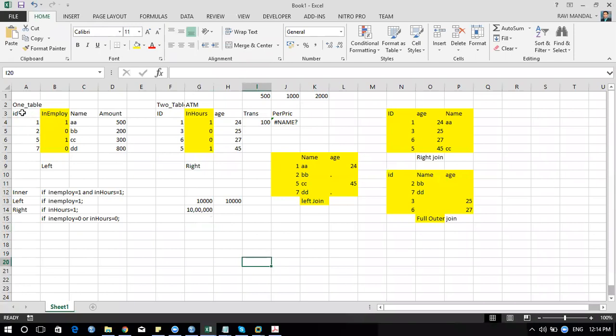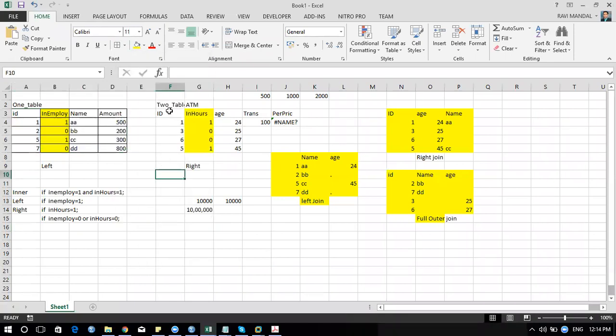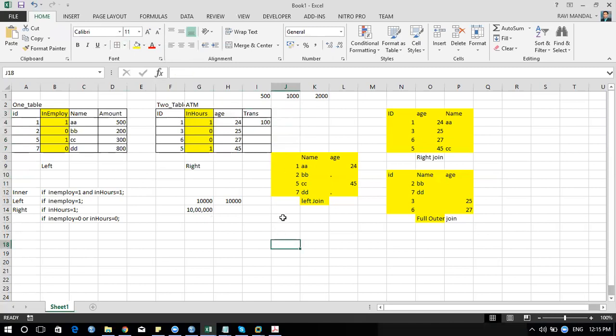Okay, so this is your data set, and this is another data set. Correct? Yeah. So now this is your one table, okay, and where we have these many informations. So this, I'll keep it aside over here.